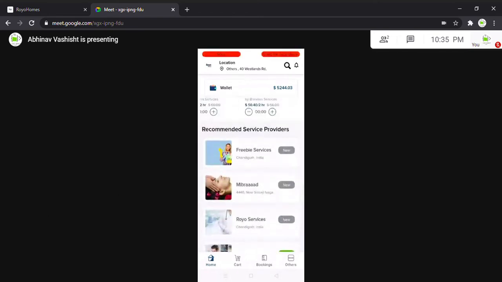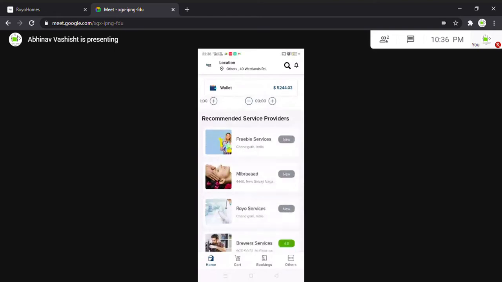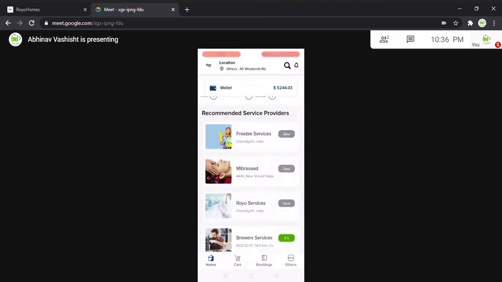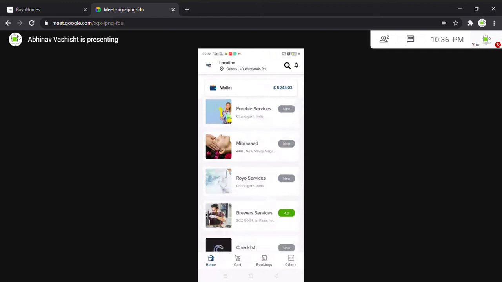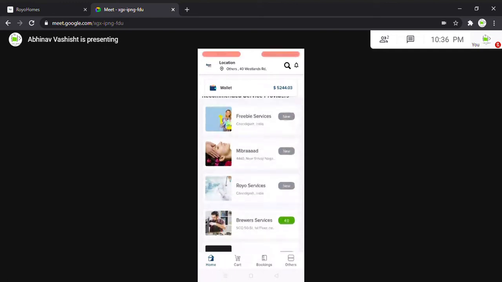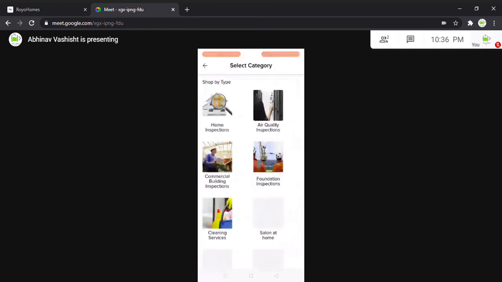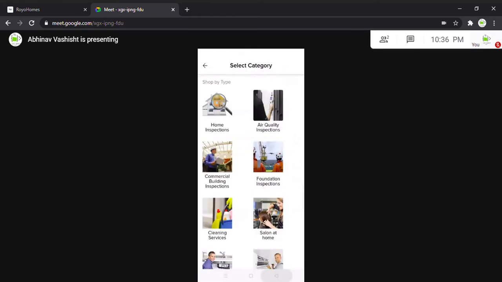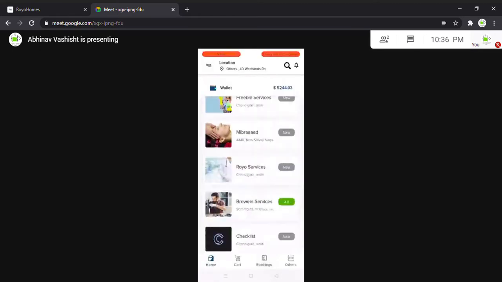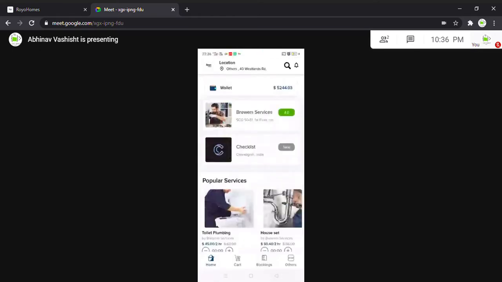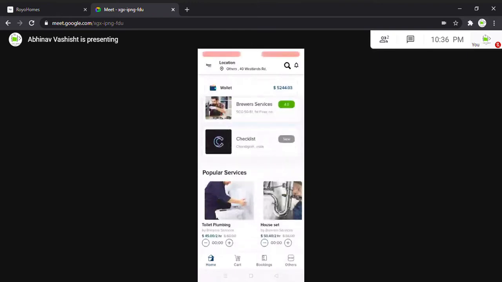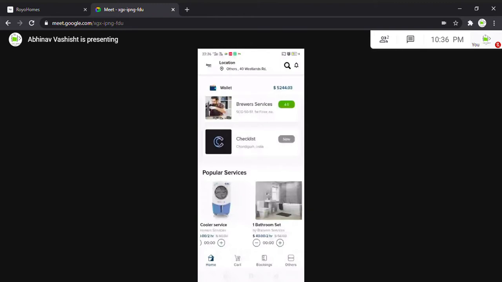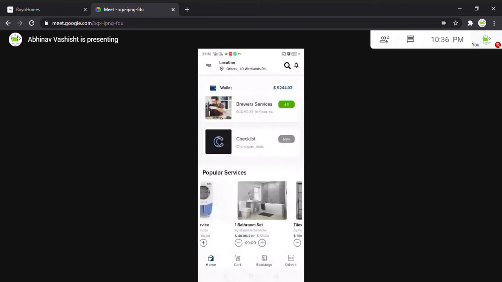Then this is our recommended service providers list. Now obviously we want to provide quality to the customer in terms of the service. So the most highly rated ones or the best service providers are what we are going to be providing here. For example, freebie services, the kind of service they provide, and accordingly we can choose what time is there and how to put in the order. Now the popular services, as per the choice of people which have been chosen, an algorithm will be there in order to help the individual.